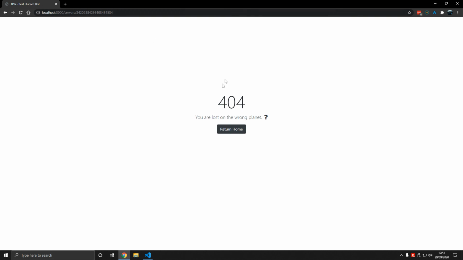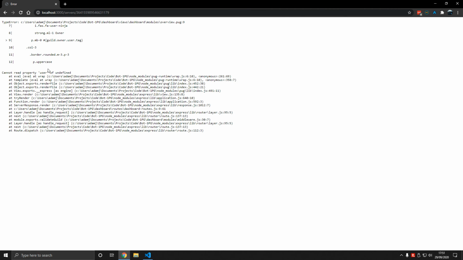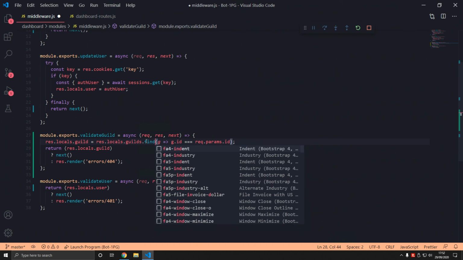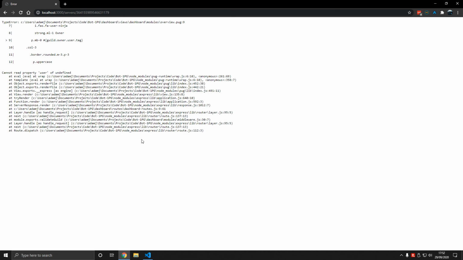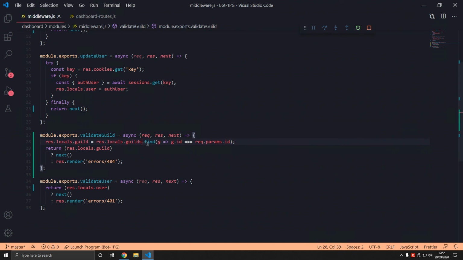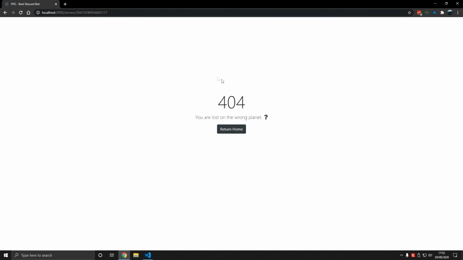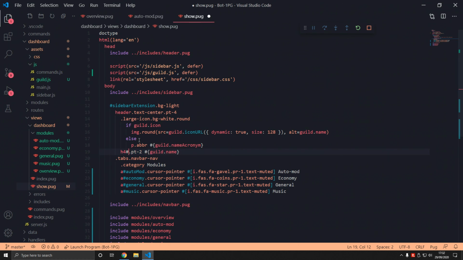Oh, yes. So if the guild does not exist, redirect to, hold on. We're typing some here. Let's type find instead, and that will get the guild. Some is a boolean. It returns a boolean expression instead of the actual guild. Connect to the wrong one, we get 404. Cool. Problem solved. One more thing, let's add overview as an ID to the h4 tag in show.pug,